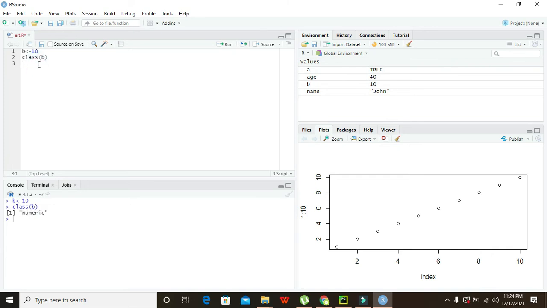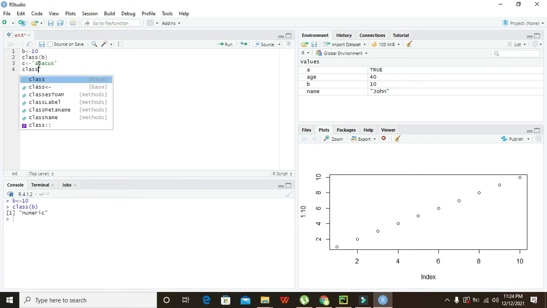Now if we have a variable like C, and it has some data of string type, like we have written abacus, what will be its class, or what data type does this variable have?